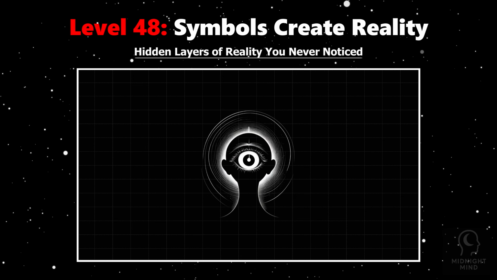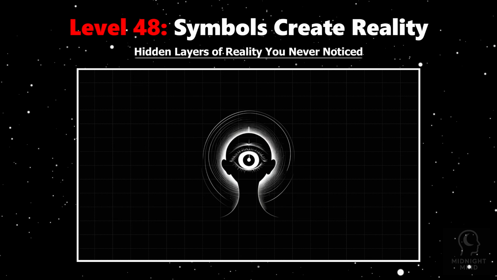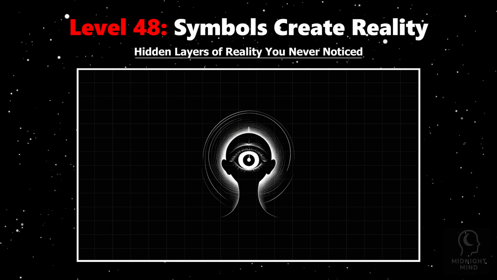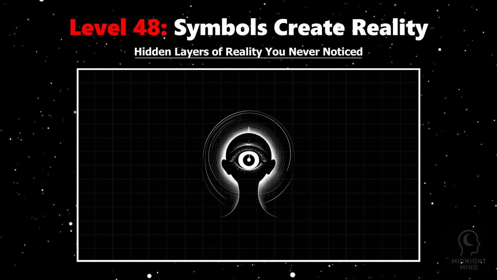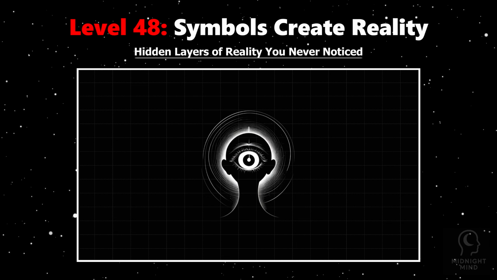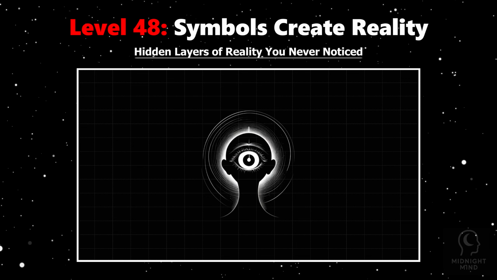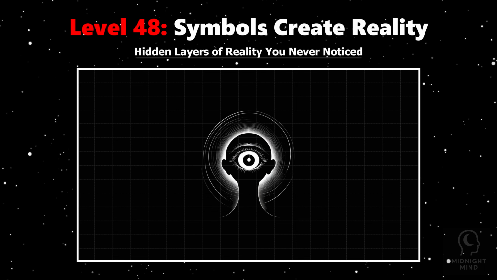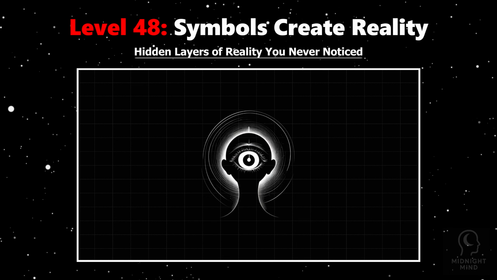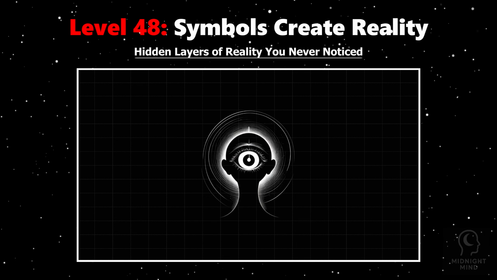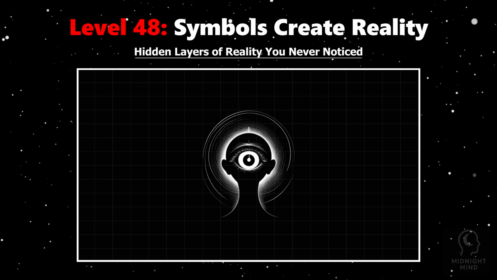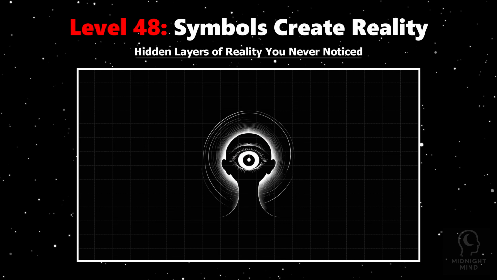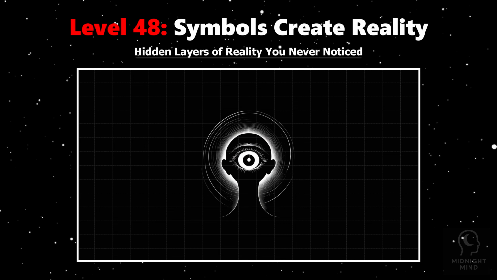A red cross doesn't just mean hospital, it evokes safety, healing, and urgency. A national flag isn't just fabric, it summons identity, loyalty, and history. Studies show symbols tap into stored memories, connecting your present moment with collective experiences and personal stories, shaping your worldview more powerfully than facts alone. This explains why symbols can unite or divide, inspire movements, or embed cultural myths that feel undeniably real.